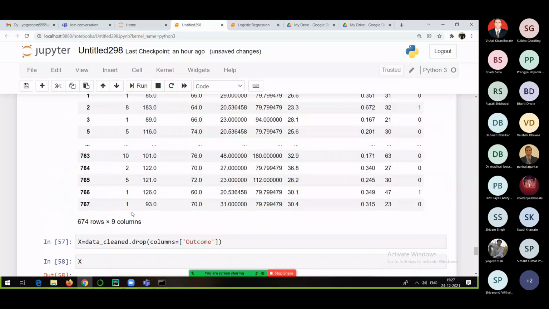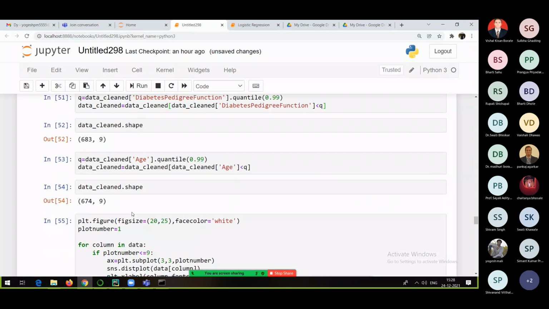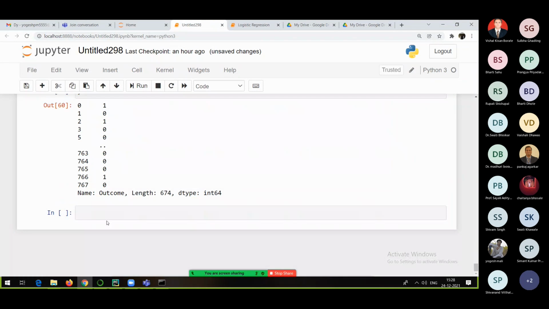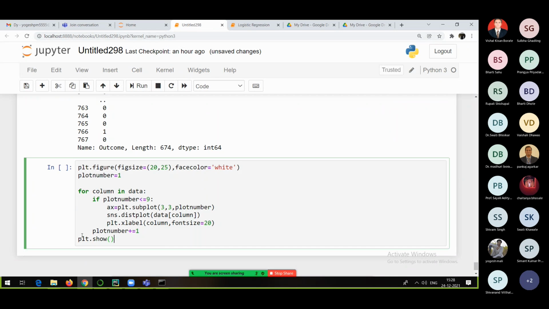Now the next thing we can do is see the relationship between the input and the output variables. So I will simply copy this particular code, and instead of the distribution plot I will try to come up with a scatter plot or maybe some other plot like a strip plot. The only change you need to make is SNS dot strip plot, which is similar to a scatter plot. So plt dot subplot, okay, here I have done.